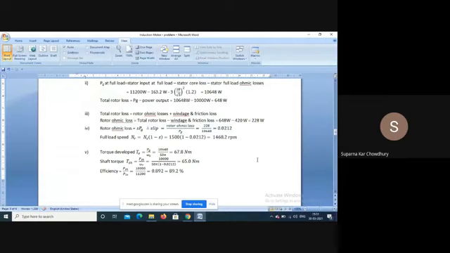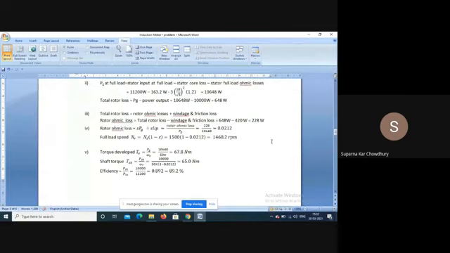Now the rotor ohmic loss, from the definition in the theory, we know that it is equal to S into PG, where S is the slip and PG is the air gap power. So slip is the rotor ohmic loss divided by air gap power. So rotor ohmic loss is 220 watt and air gap power is 10648 watt. So the ratio of these two will give you the slip 0.0212. So full load speed will be ns into (1 minus s). So this will be 1468.2 rpm.